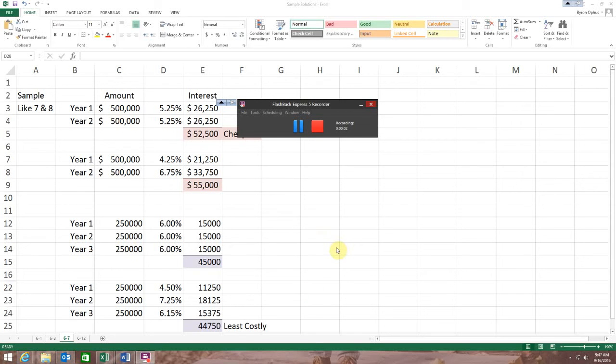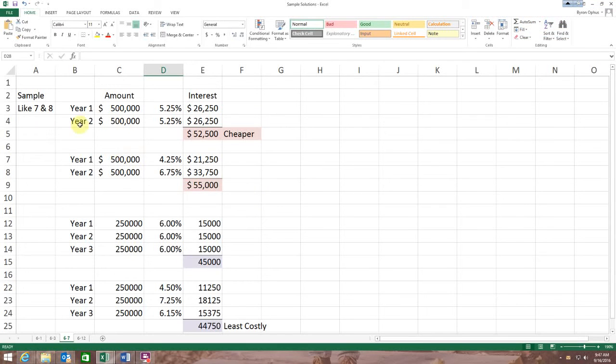In problems 7 and 8, you have similar problems in each of those, and they're calculated the same way. One's just 2 years and one's 3 years, and I'll give you examples of each of those. And in my example, we'll say that the business person is looking at borrowing $500,000, and he or she can